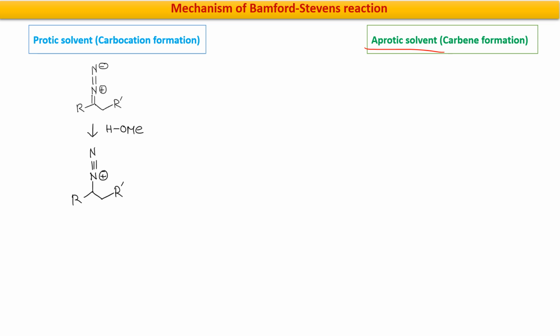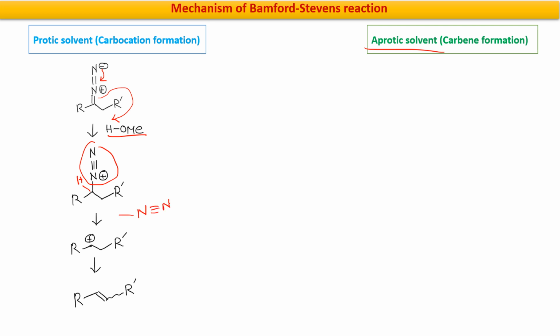So what is happening in protic solvent? Here we have taken methanol. In presence of methanol, this negative charge, if it is making an N-N triple bond, now this C=N double bond can capture this hydrogen. So now what will happen? There will be a carbon-hydrogen bond. Fine. In the next step, this N, that is N double bond, N triple bond N, nitrogen molecule will be